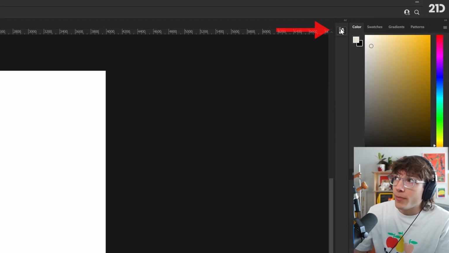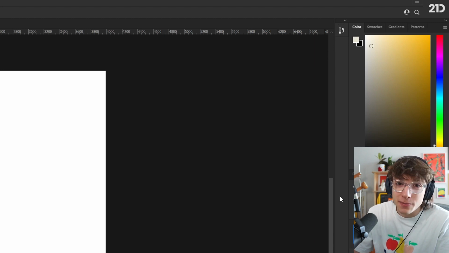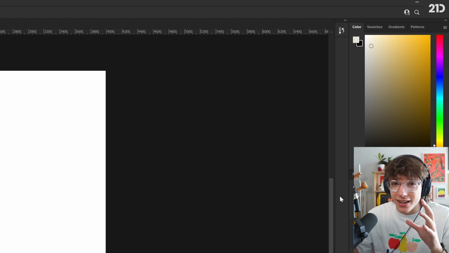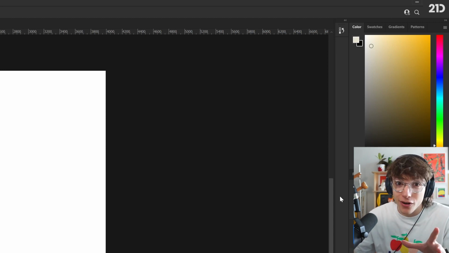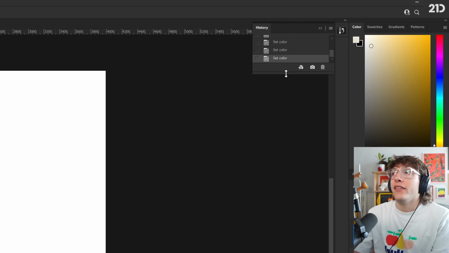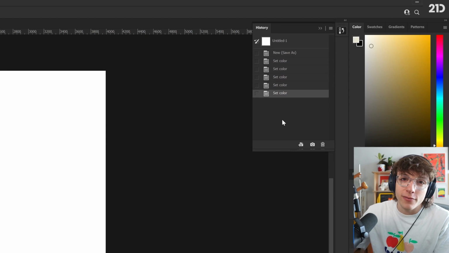Another automatic window that pops up is this little sidebar here, which we can store even more of these panels. Like I said, it can be quite overwhelming with all this panel talk, but I assure you that the ones we will be using are essential to the process. This one here is the history panel, and the history panel will essentially document every change that you have made